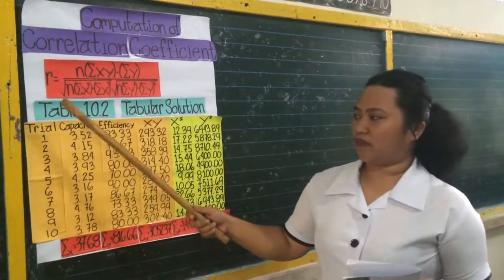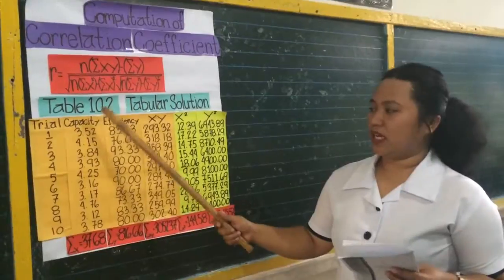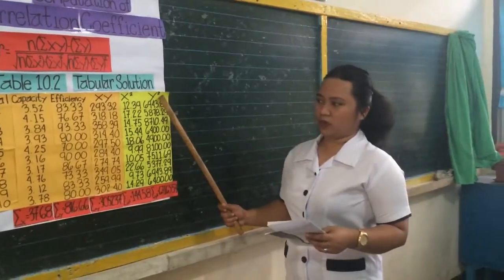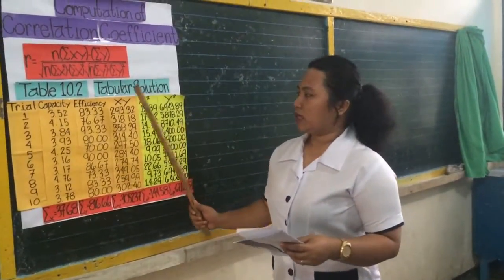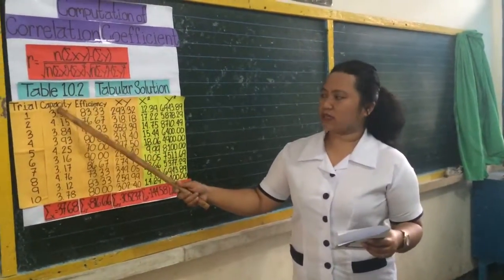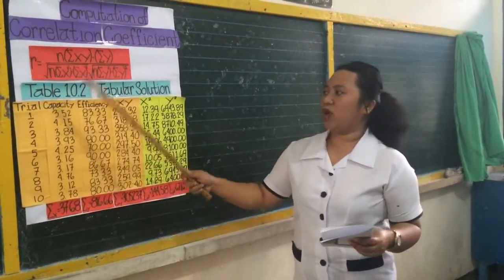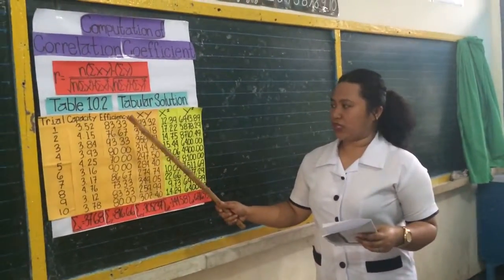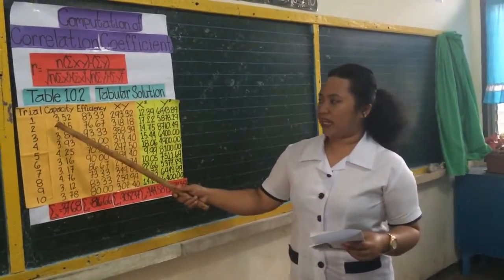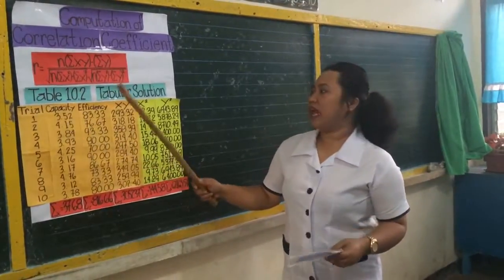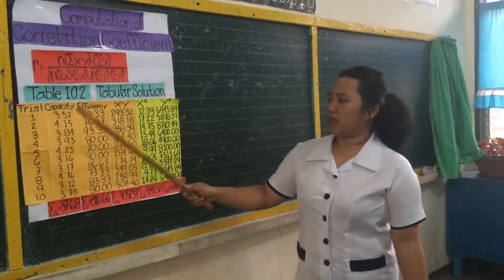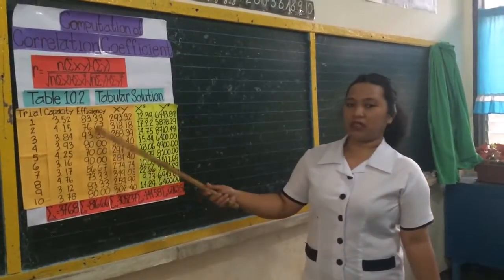So the trials are from 1 to 10, and the capacity is the x, the efficiency is the y, and xy, x squared, and y squared. So to get xy, you have to multiply the first x value, which is 3.52, times 83.33, which equals 293.32. The second value is 4.15 times 76.67 equals 318.18. The third is 3.84 times 93.33 is